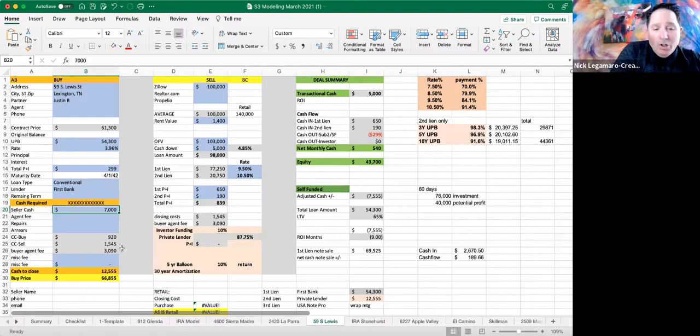There's no question that the only way I would personally do this deal would be in a sub 3, and the mortgage has to stay in place for a minimum amount of time to get all that established so I can turn around and sell that note. It has to be. If they're not willing to do that, then it's a no deal. But I know from experience the likelihood of them doing that is extremely high,